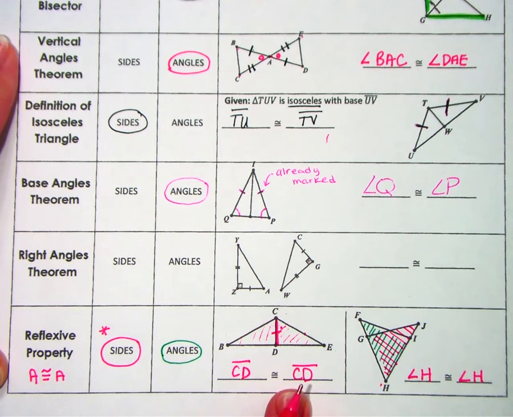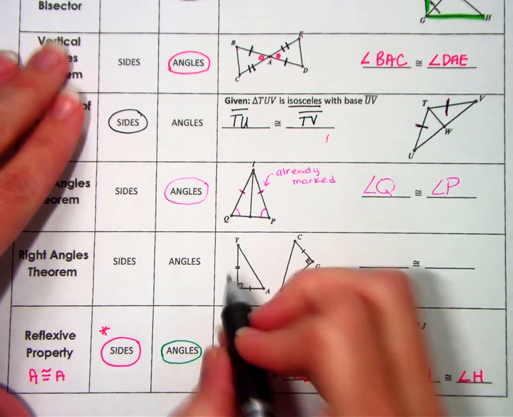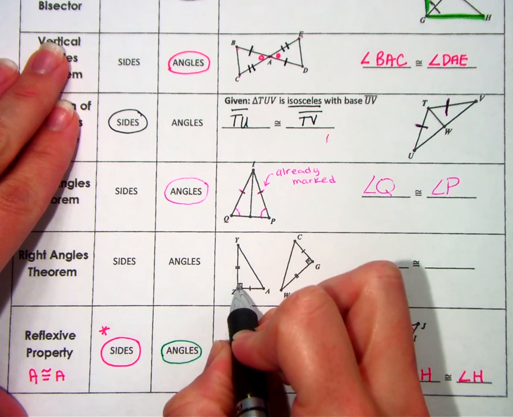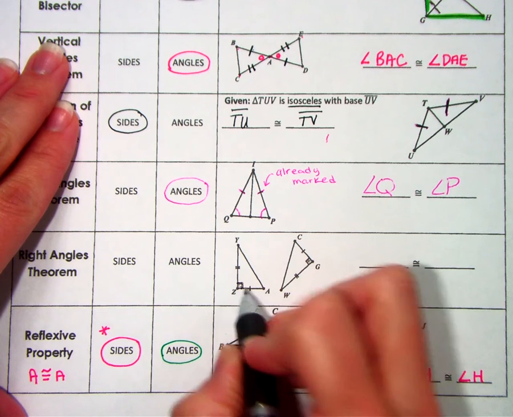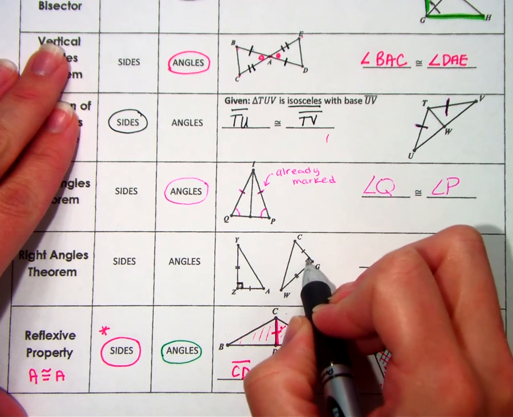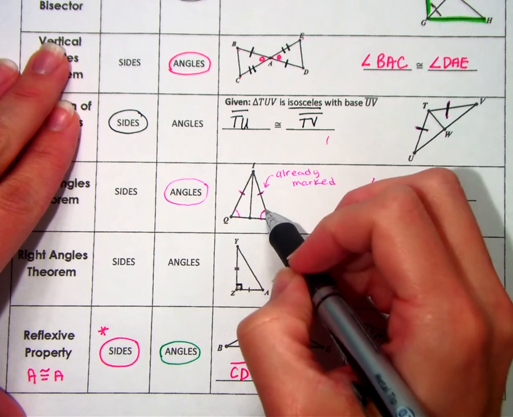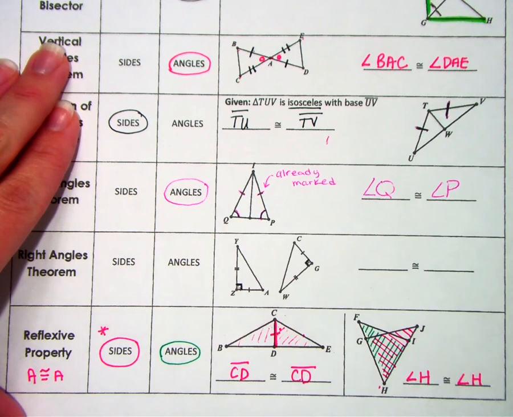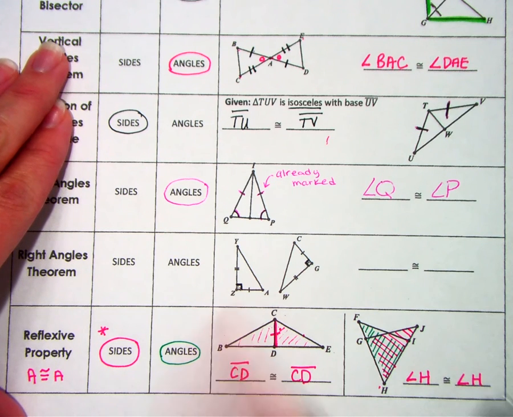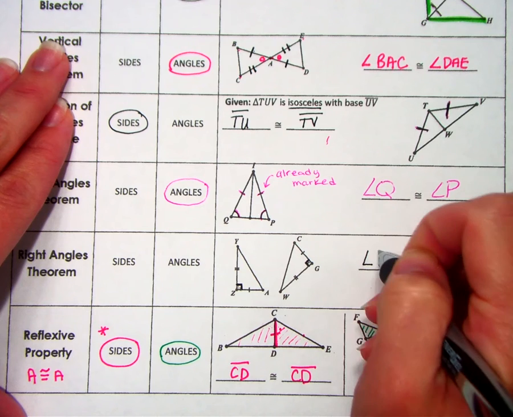Okay, and then the last one. This is a minor technicality, but we will be using it. Here, this angle is marked as a 90 degree. This is marked as a 90 degree. Those are not congruency markings. They're 90 degree markings. So what we can say is once we see those 90 degrees, I can say that